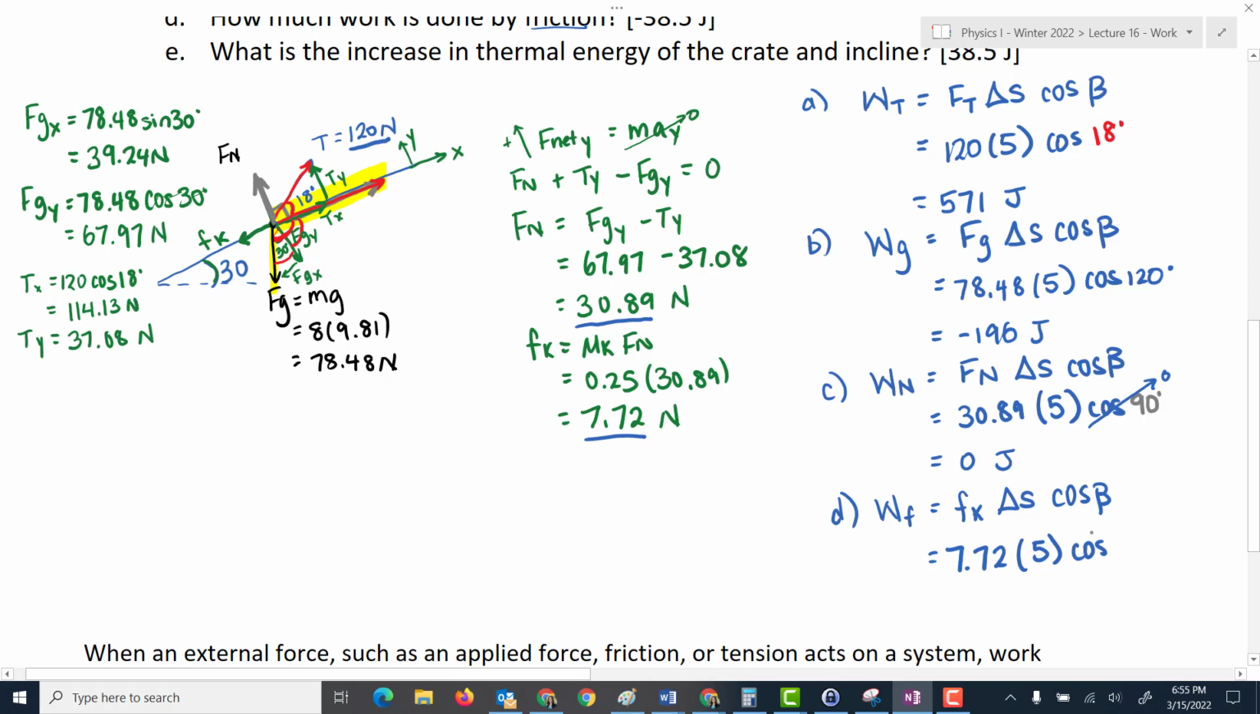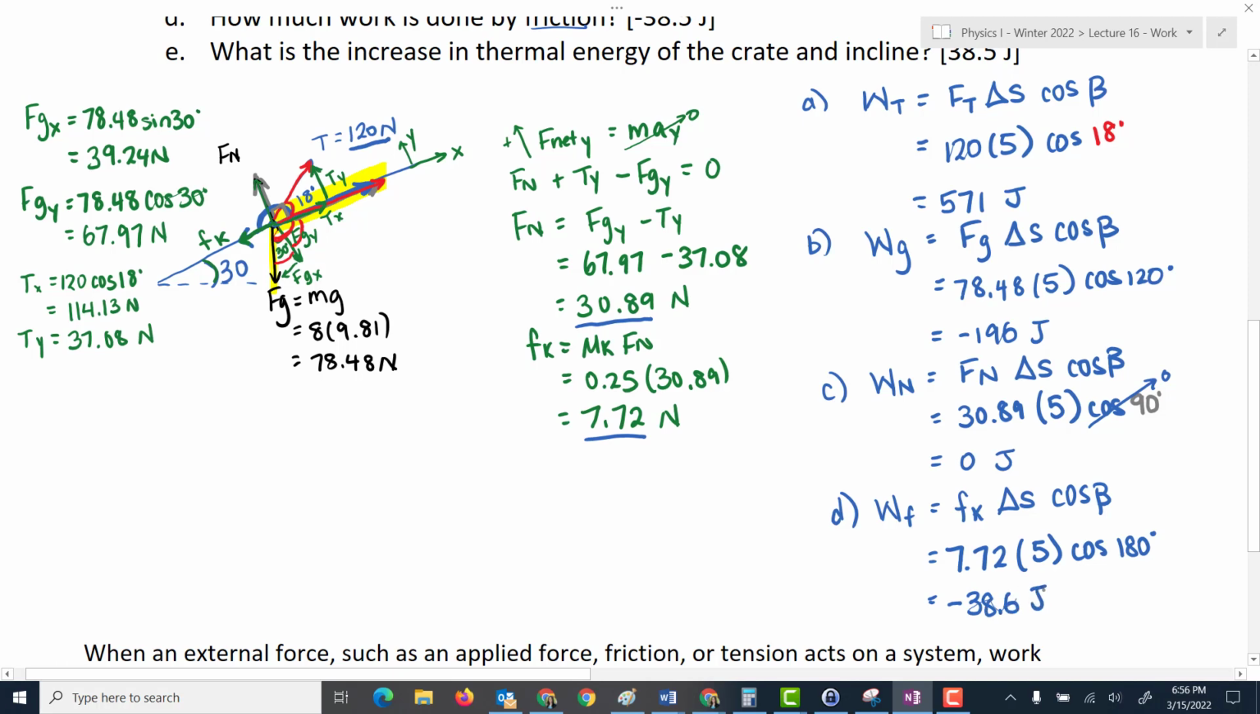and the displacement. Okay, well the force of friction is going this way, and the object is moving up the ramp, so the displacement's going this way. So the angle between those two vectors is that full line, so it would be 180 degrees. Okay, so I'll type that up, 7.72 times 5 times cos of 180. Well, cos of 180 is just negative 1, so my answer just ends up being negative 38.6